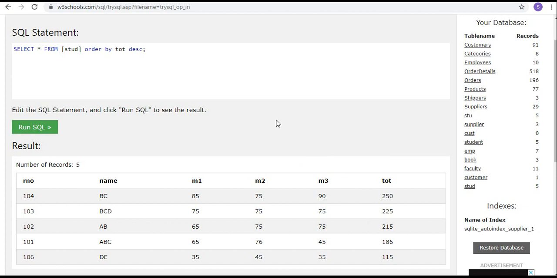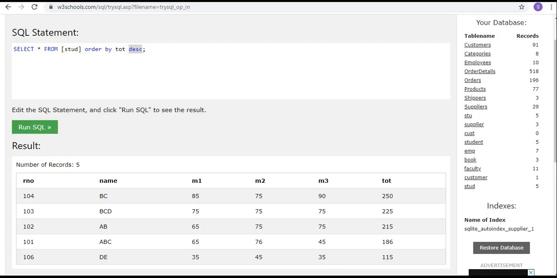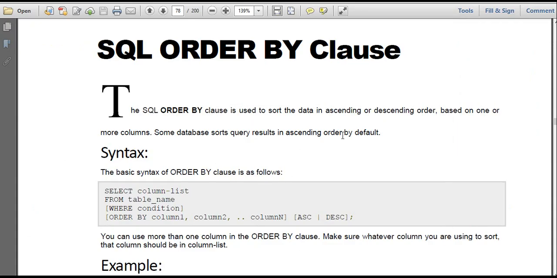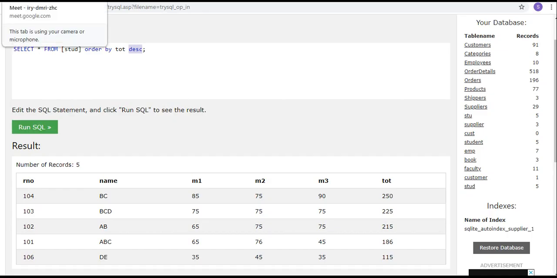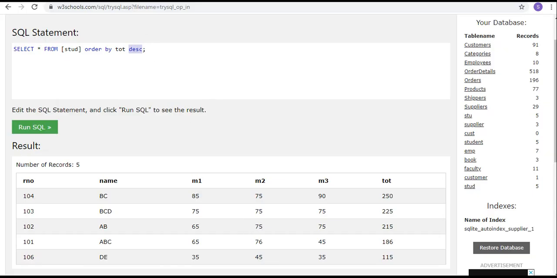By default it is in ascending order, but if you want to display the data in descending order, we have to write DESC. So as a specification, order by is a clause. If you want to use where and order by simultaneously, first we have to write where condition, then you have to go for order by. If you want to use both conditions in the same query, first you have to apply where, then you have to go with order by.